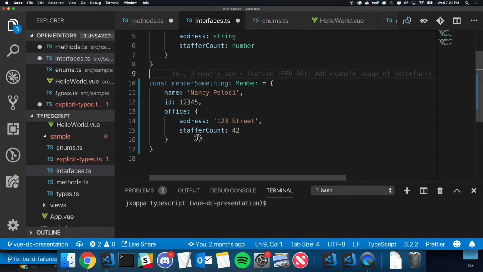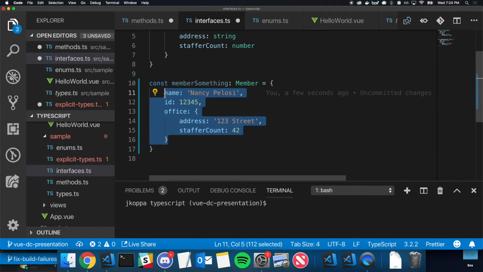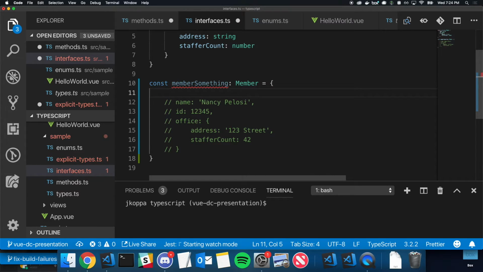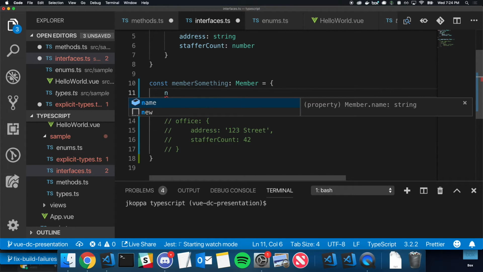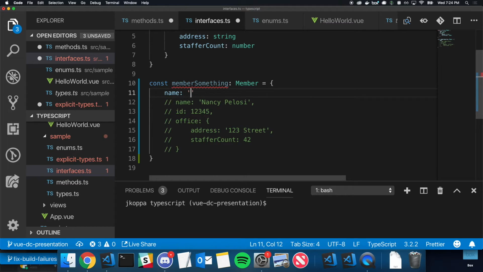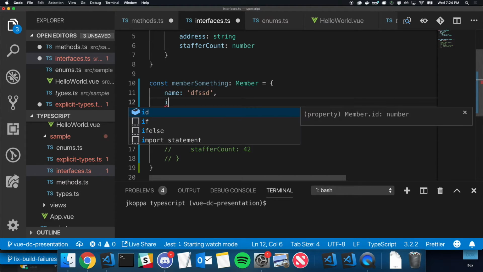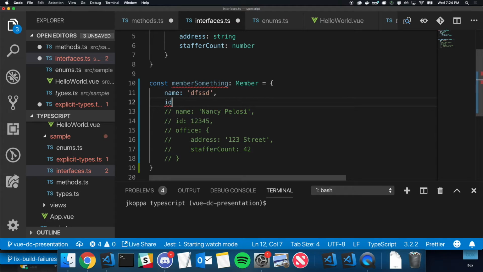So if I were to do this somewhat from scratch, it would look like this. I know, okay, I know it needs a name. There we go, there's name, some name. You'll notice some of these are going to be politically themed, given Politico. Now I think there's an ID, and I get the ID that I need to have.